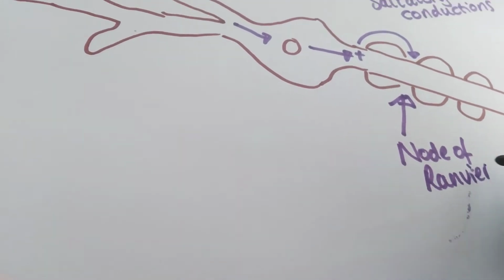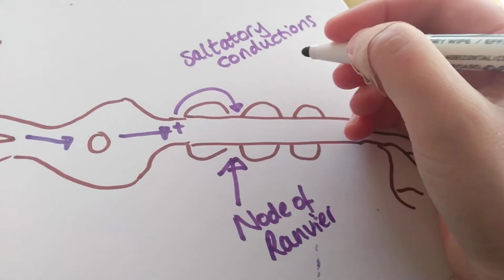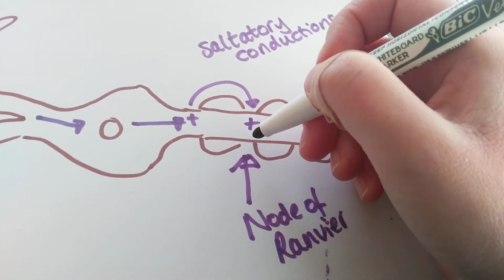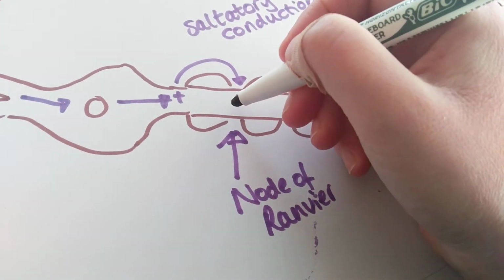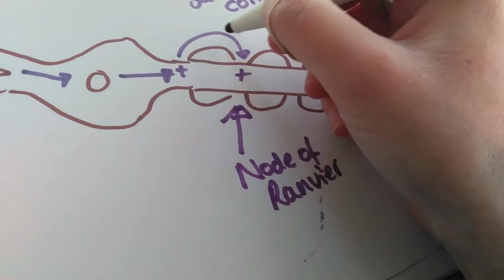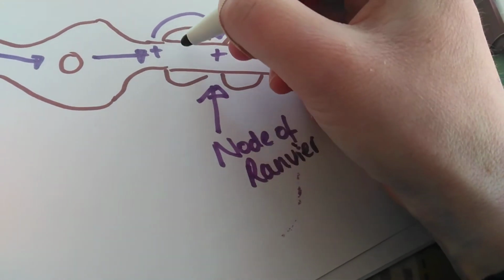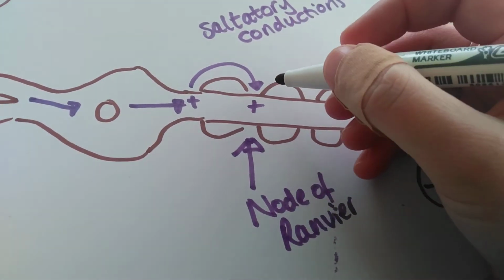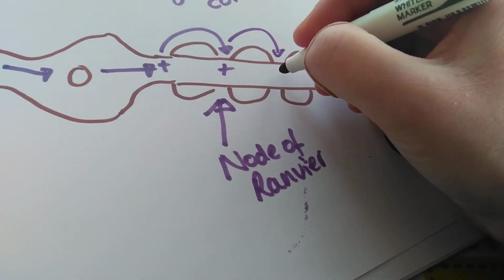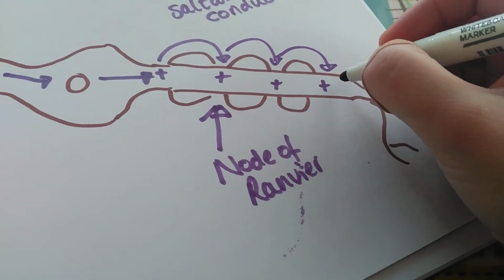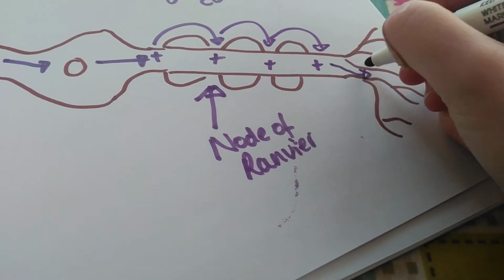And the reason it does that, which is more detail than you really need to know, is that these inside parts of the axon become positive by ions moving in from outside. So the positive charge jumps from here to here because ions can't move in through the myelin sheath because it's being insulated. So our action potential travels down the axon like that, and then it reaches the axon terminal down here,